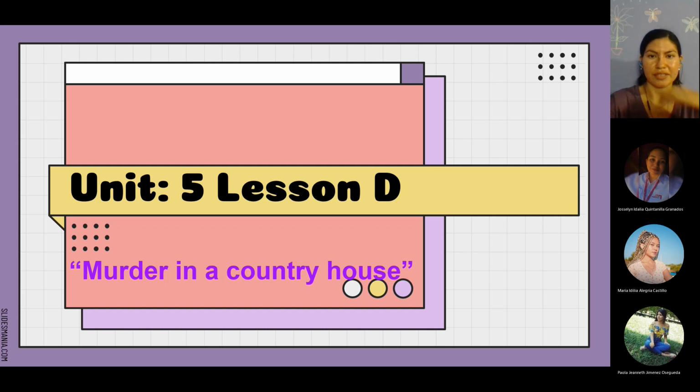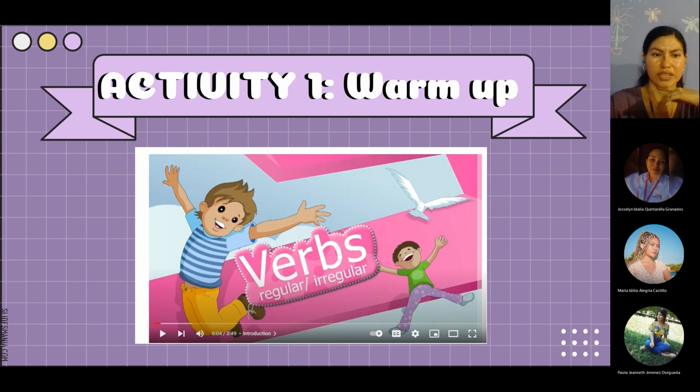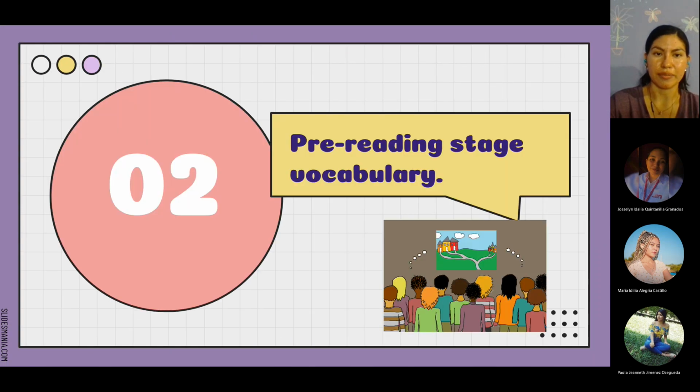Okay. Can you see my screen? Yes, teacher. Excellent. According to the activity that we developed, I can see that you have previous knowledge about the verbs, and that is so important because you will understand the other activity during this class. So my classmate Maria will develop the next stage. So pay attention to the class. Go ahead, Maria.